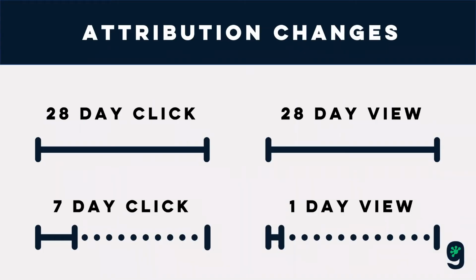So the key thing to note here is that although we're going to see less data reported in Ads Manager, it doesn't mean the actions such as purchases that happen after that 7-day click window won't happen. People are still going to stick to their consumer behavior, and by day 8, 9, 10, 20, 28, you just won't see it reported directly back into the ad account and attributed to Facebook and Instagram as one of your marketing channels.